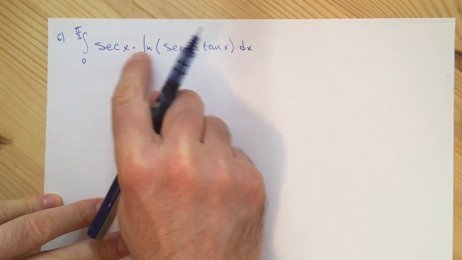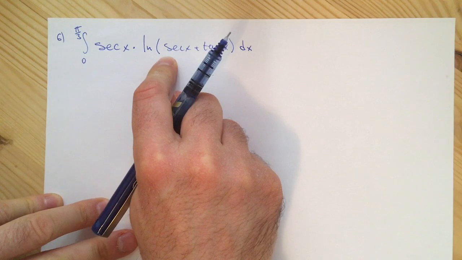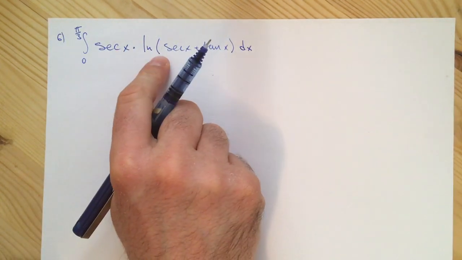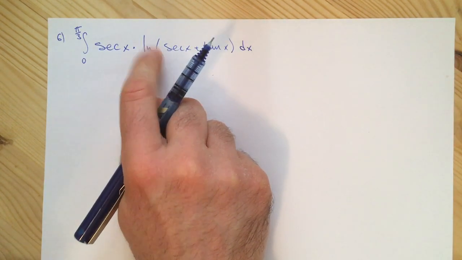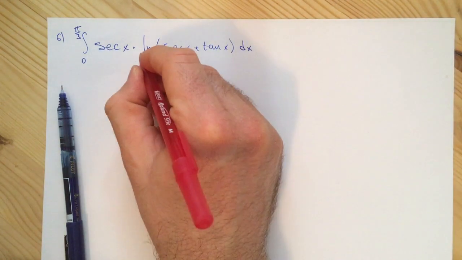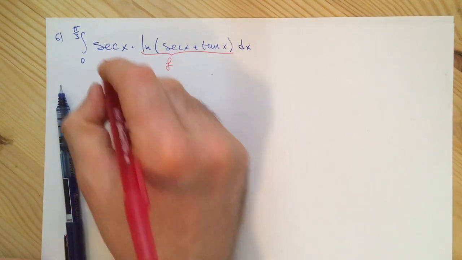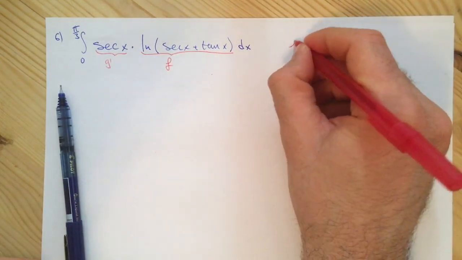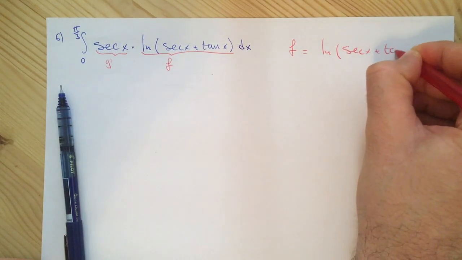Now this might be misleading because you have a product between two functions, and you might be thinking of integration by parts. But even if you do that, what would be your f? You definitely don't want to take the integral of this part, so you would say this is f and this is g prime, right? And if you do that, if you say f is equal to ln of secant of x plus tangent of x,